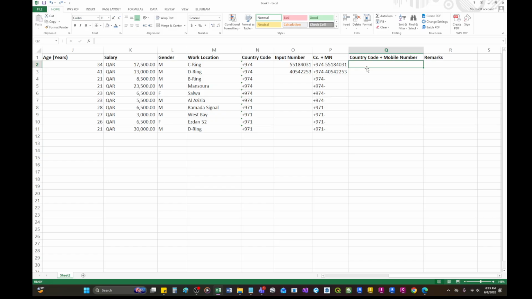Or let's say we would like to say input number if it's blank here. So let's do that. Equal, if, double click this one, if this is equal to 0, then it will say input number or input mobile number.